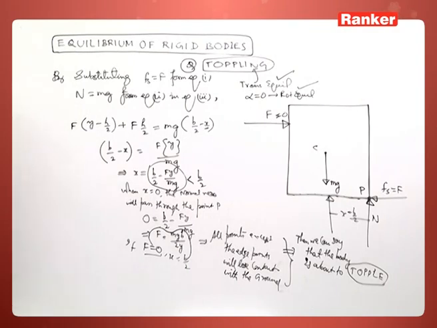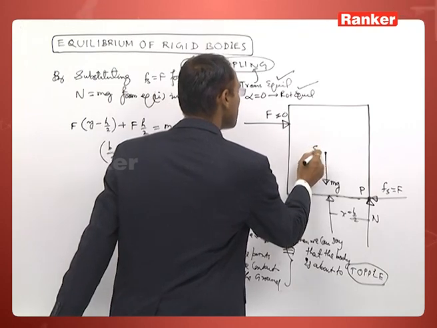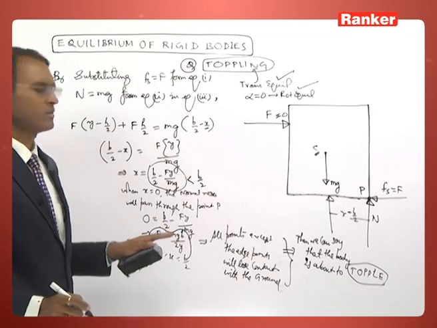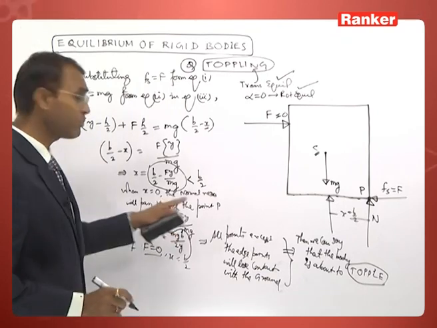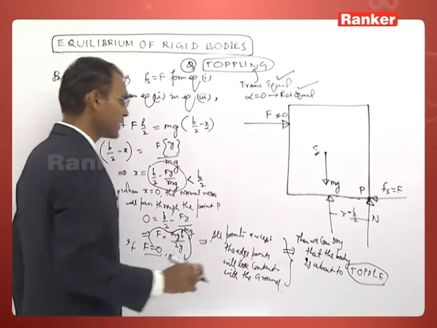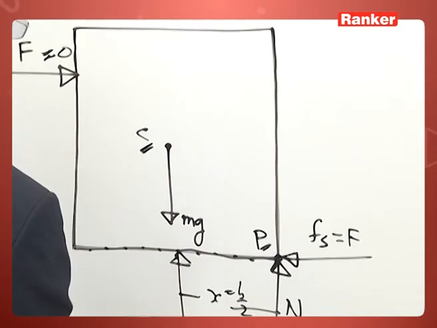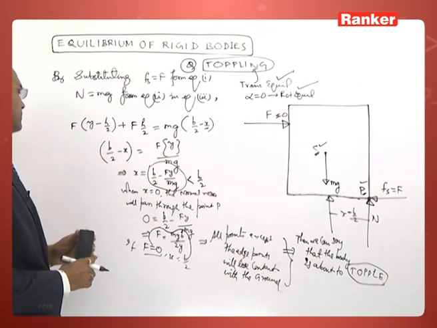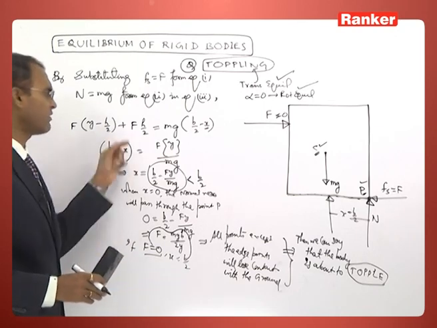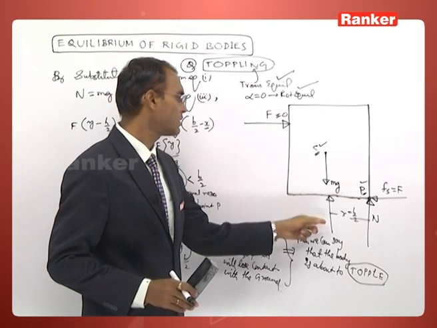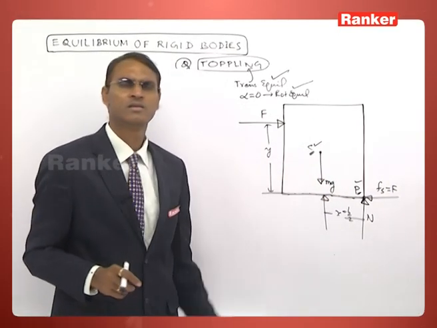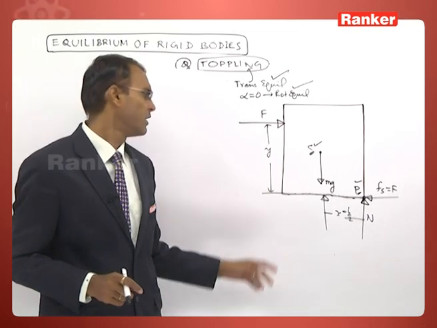So, we have solved this problem by taking the center of mass as a reference frame, a reference point, writing the torque equation. Now, I am going to solve the same problem by taking the torque about this point. This point is stationary, this point also is stationary. So, here you can get the idea that whenever there is a horizontal force, normal reaction will never pass through the center of mass. In this example,